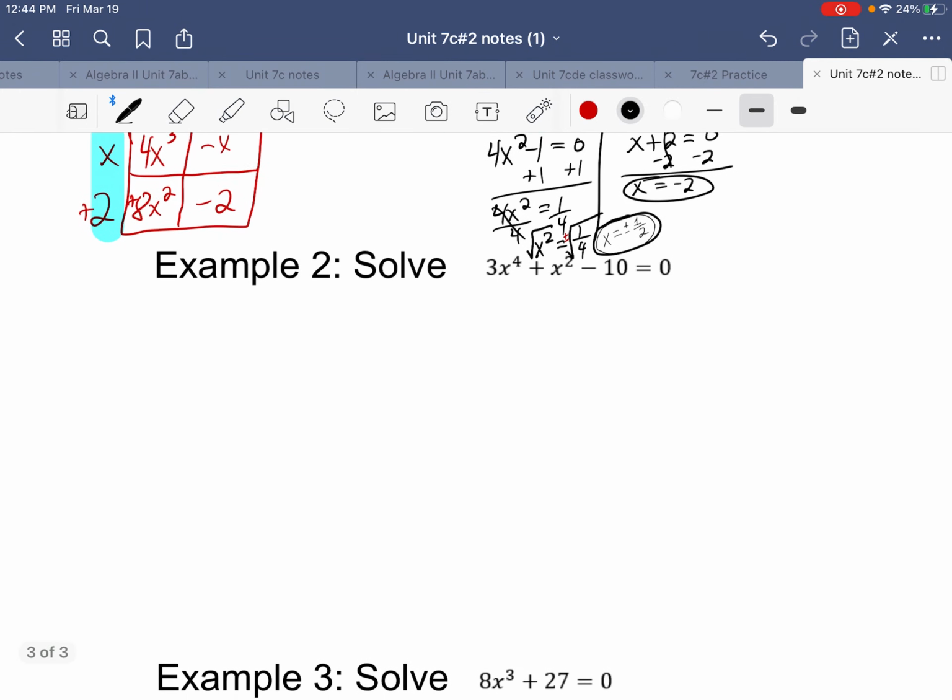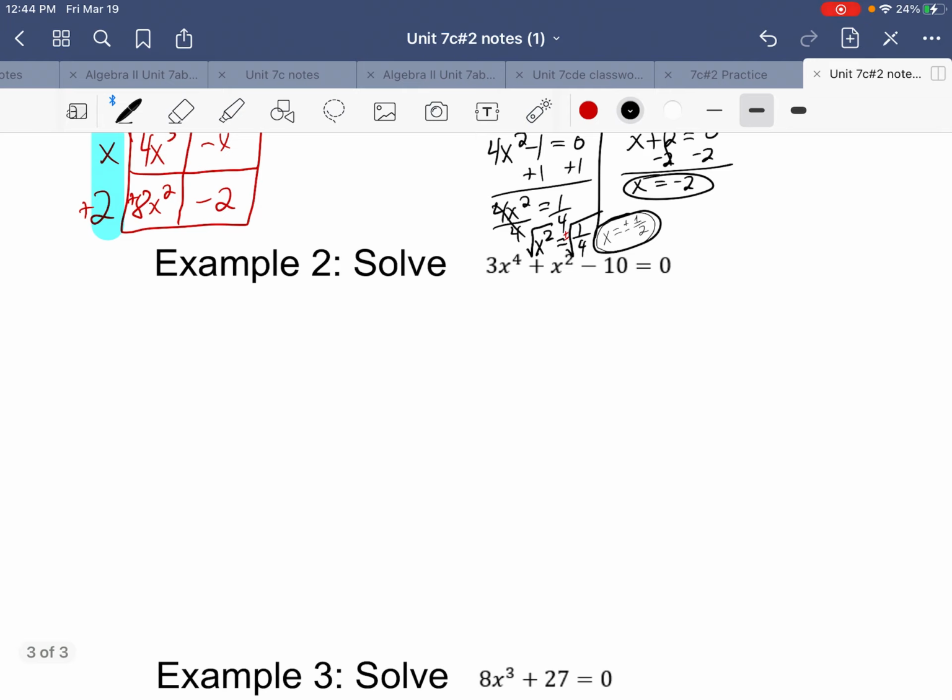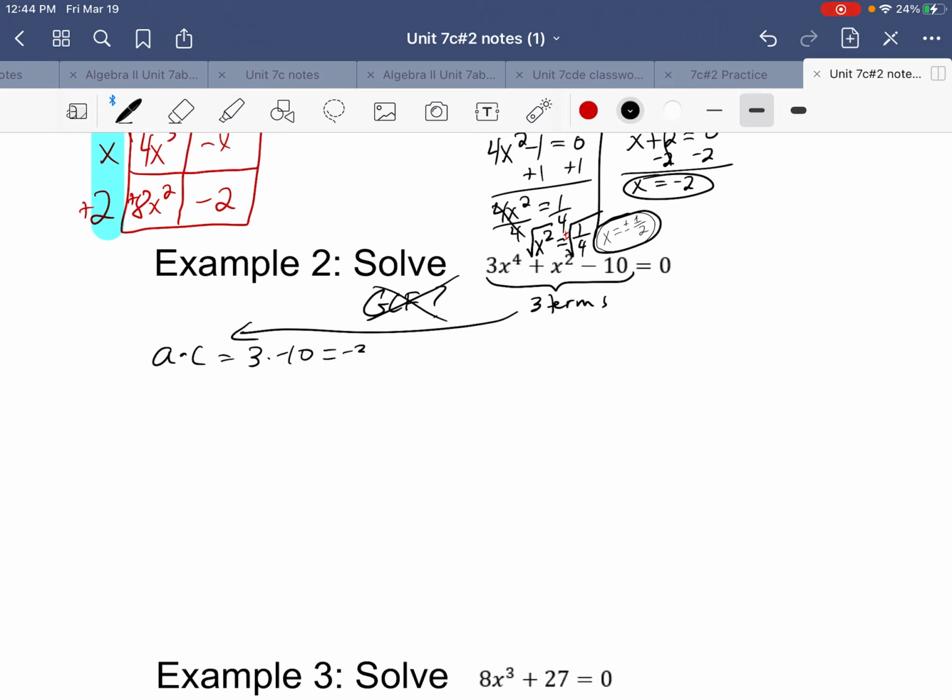Example 2. So we look for a greatest common factor. And there is not one, so nothing. So we're not going to work that out. We see 3 terms, a trinomial. And with 3 terms, think a times c, which is 3 times -10, which is -30. You'd think of all the factors of -30